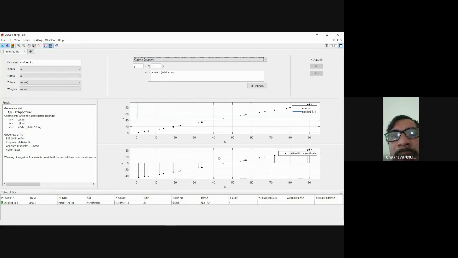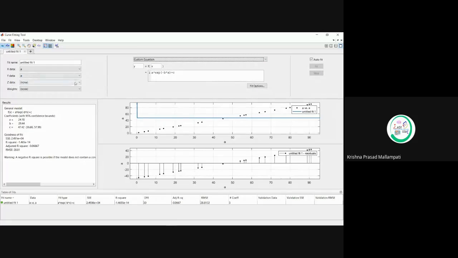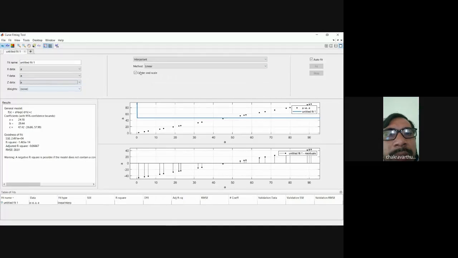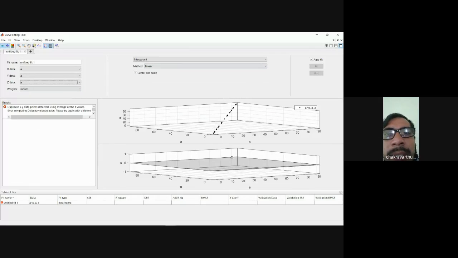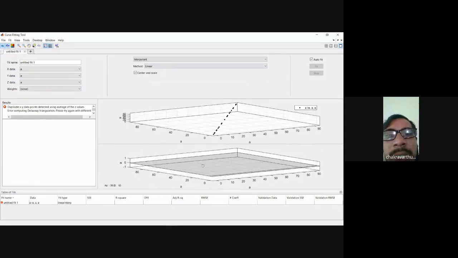Suppose you want 3 variables, like if you have a z-axis also, then you are going to get it in terms of surfaces. Just give the z-axis also, z is equal to here on the left side, yes, that value. Now check the plot, what changes are going to happen. So the 3-dimensional plot also generates surfaces, right?